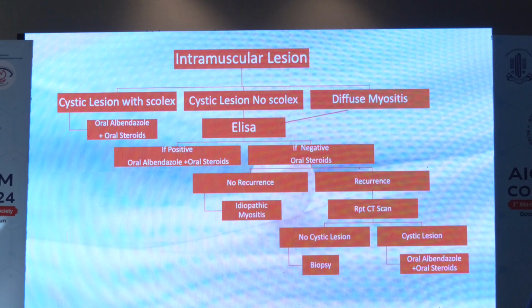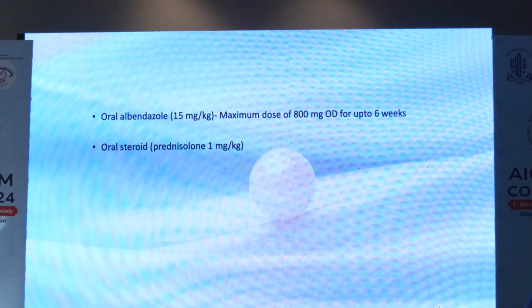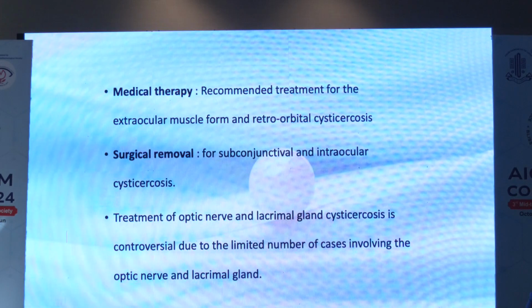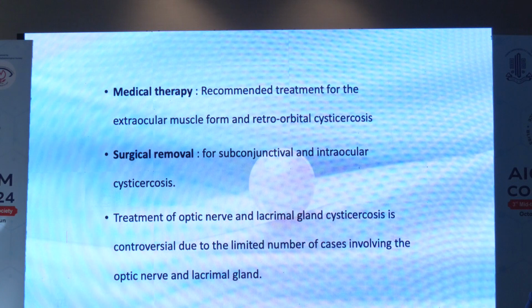If there is a scolex, then we start empirical therapy of oral albendazole and oral steroids. In case there is no scolex, then ELISA should be done, and diffuse myositis should be looked for. The empirical therapy is oral albendazole, maximum dose of 800 milligram OD, with oral steroids alongside. Medical therapy is the recommended treatment for extraocular muscle and retroorbital forms of cysticercosis, with surgical removal only for